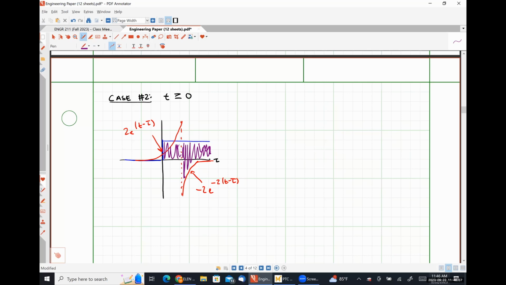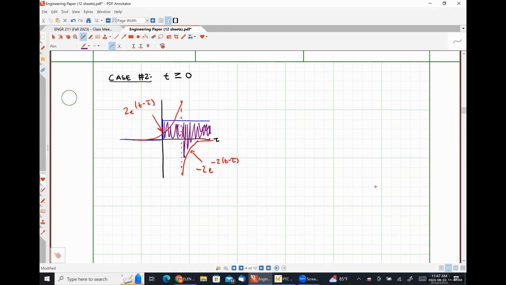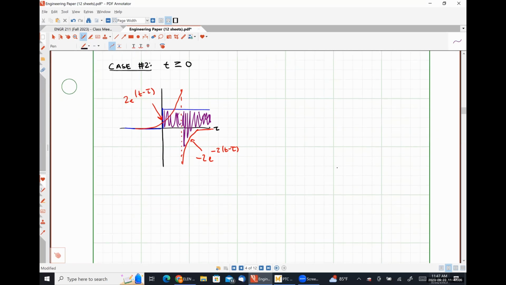So y of t is going to look like the integral from 0 to t of 1, which is what my unit step function is contributing, multiplied by 2e to the t minus tau